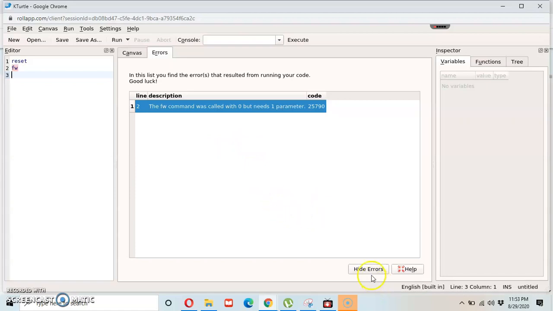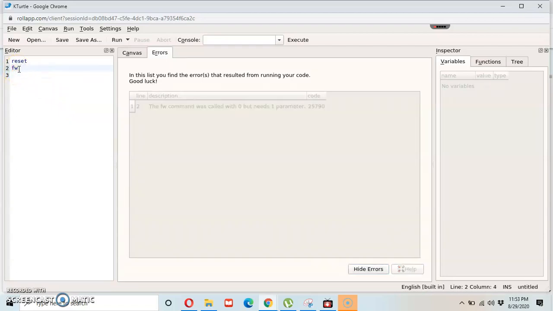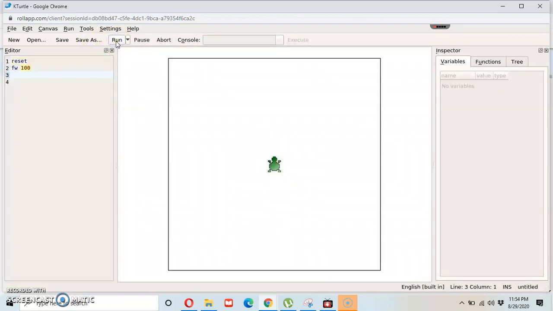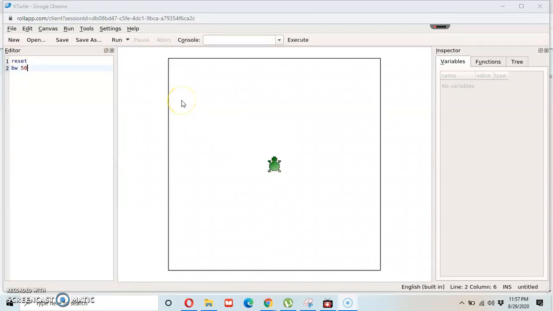Press this Hide Error button and it is necessary to write down a number here. If you do not tell the turtle how many steps he has to move, he will not move and will give an error message. For example, now I will type here 100. Then I will press run. Now the turtle will move.